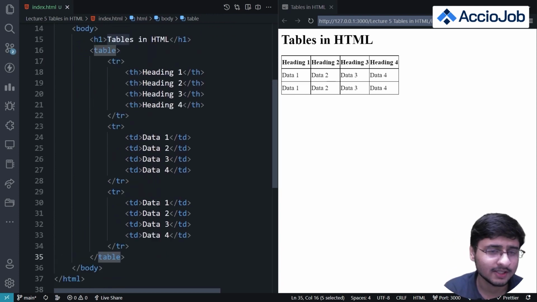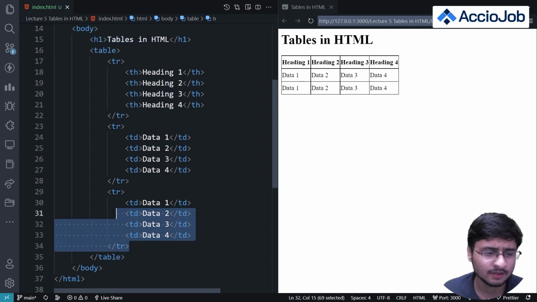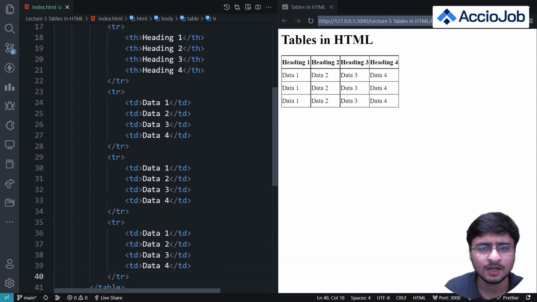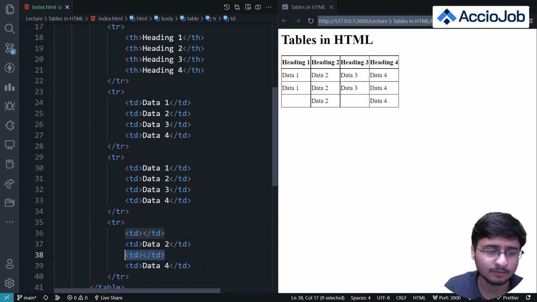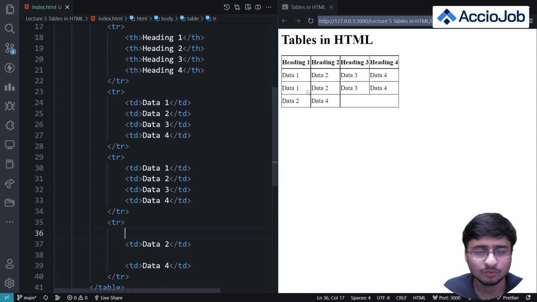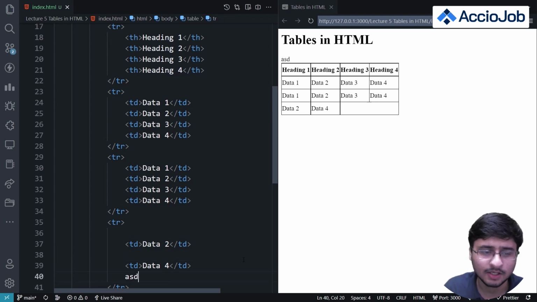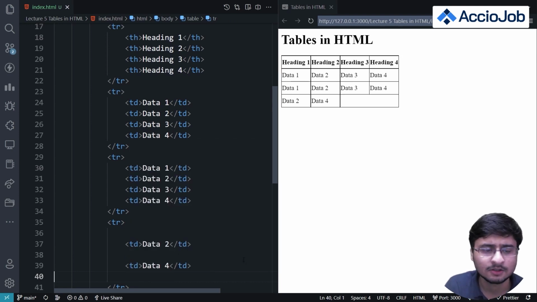Now moving on to the next topic, right? So this is how we can add more rows and more columns. You may add another similar kind of row here, and it will add another similar row here, right? So if you don't want the data in the first and the second rows, you can just simply do this, and it has been deleted. But table data has to be there, because you have to know that there are 4 columns in this table. Else if I delete both of these, there'll be then only 2 rows, and this will be an empty space where you can add data, but it will not show any data, because this ASD doesn't come inside any table tag. So this is about table.